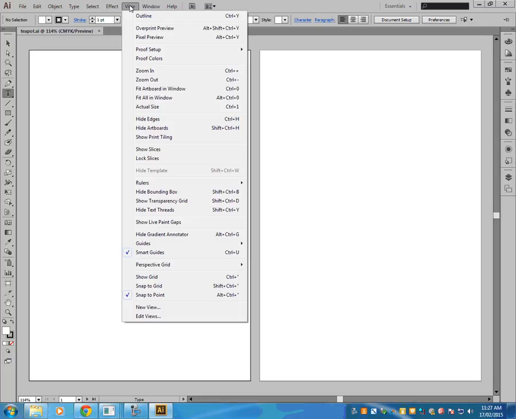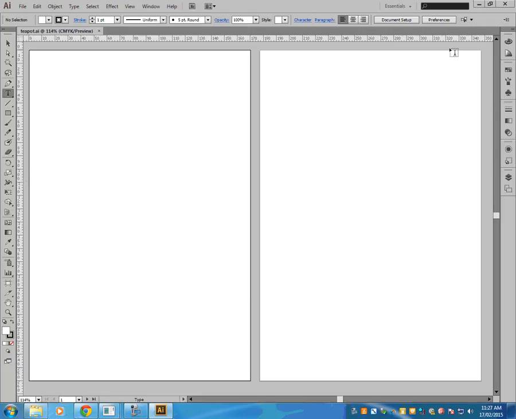You've just got to think a bit logically, because there are so many menus and menu items. And there we go, View, and it's about halfway down, rulers, and we just want to show rulers. And so you'll now see we've got our rulers along the top and along the side of the